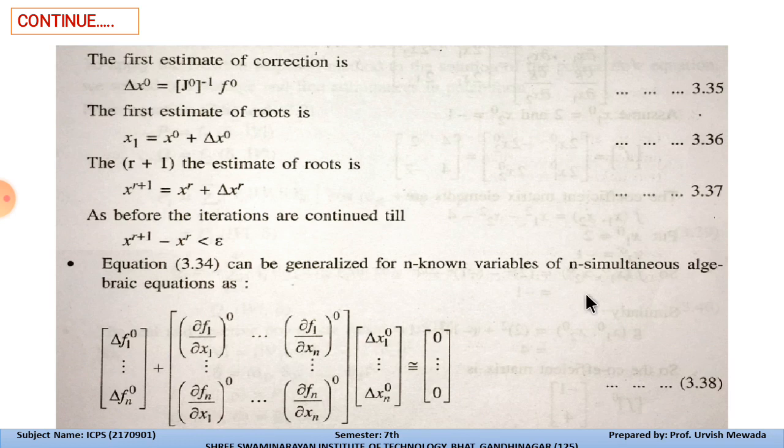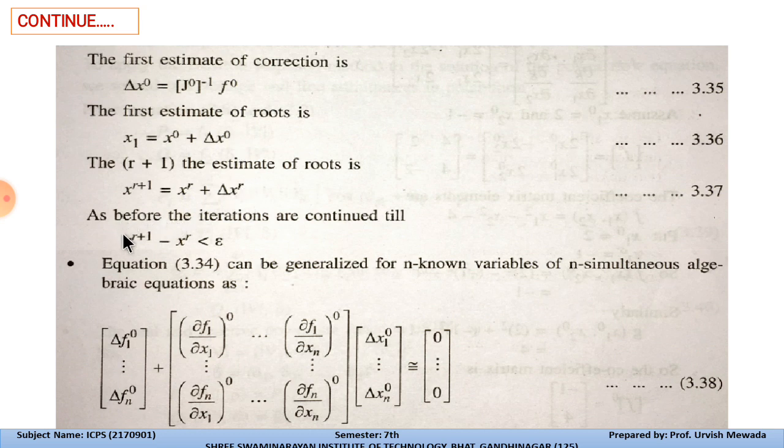Now let us discuss the first estimate of the correction: delta x raised to 0 will be J raised to 0 raised to minus 1 times the function f raised to 0. So the first estimate of the root is x1 equal to x raised to 0 plus delta x raised to 0, and the (r plus 1)th is the estimation of the root. So this will become x raised to r plus 1, x raised to 0 will become x raised to r, and delta x raised to 0 will become delta x raised to r,